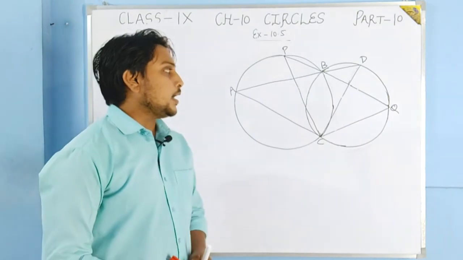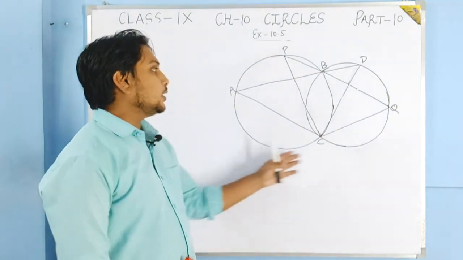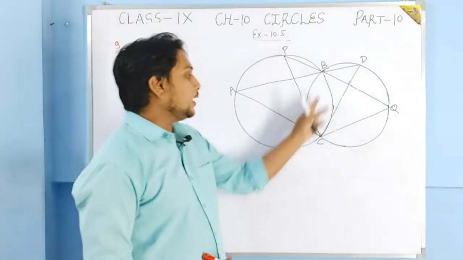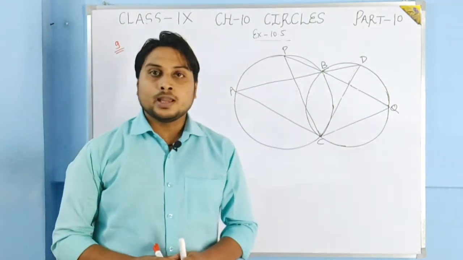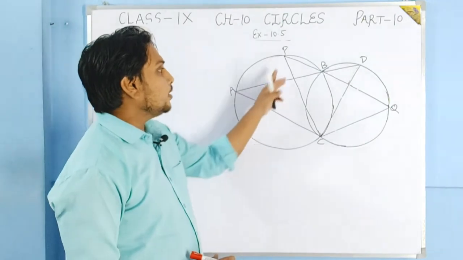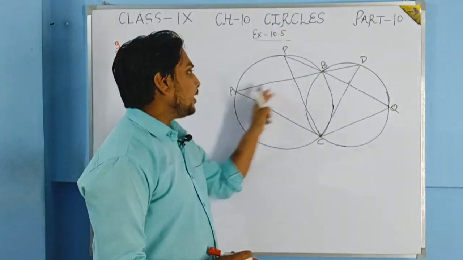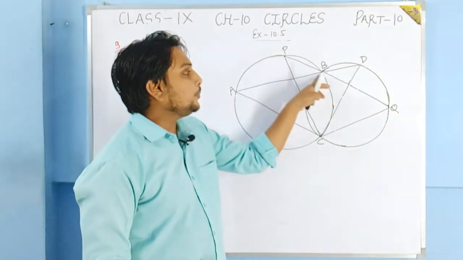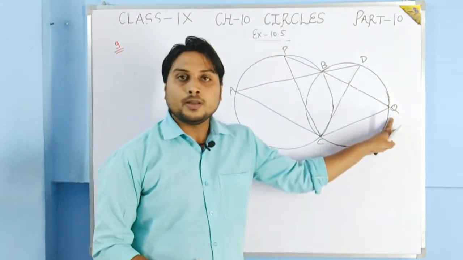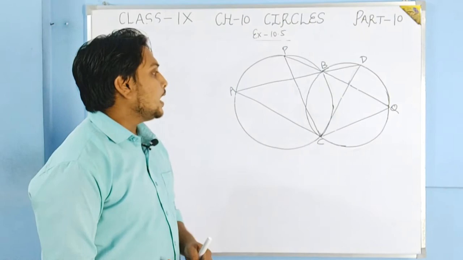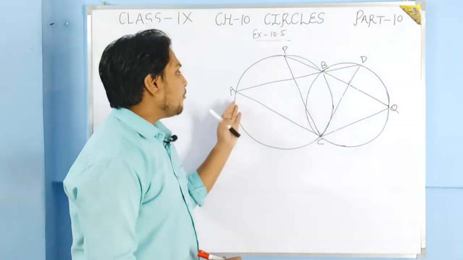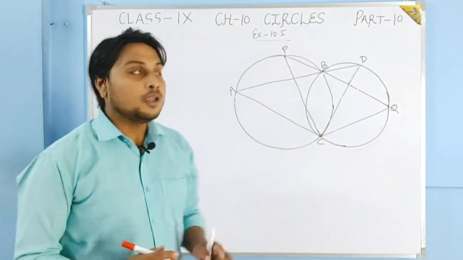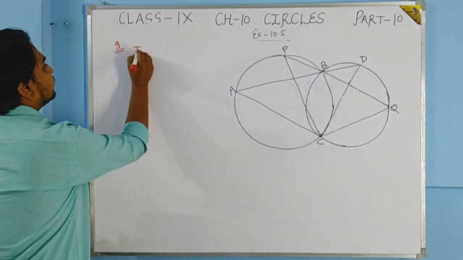Okay, it is said that two circles are intersecting each other at points B and C. The lines are there, line segment ABD, and there is a line segment PBQ, in these two circles. It is said that you have to find angle ACP. You have to show... okay, what is to show here?